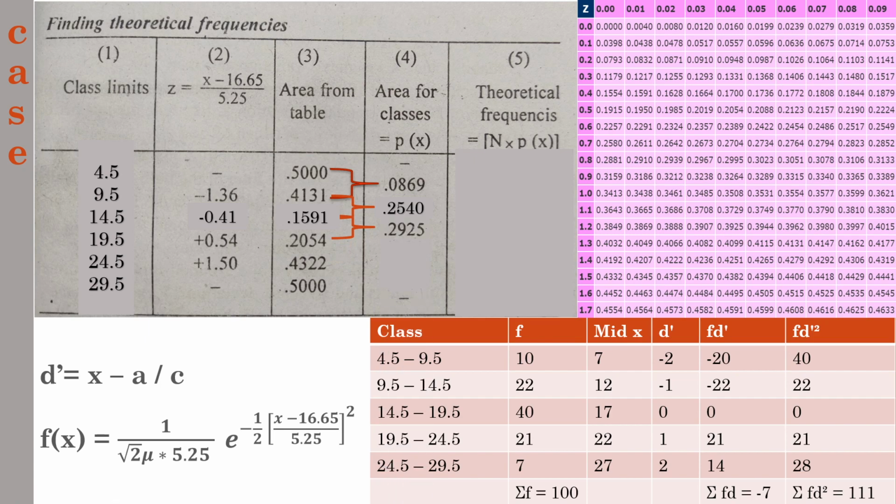Since it has two different signs, you need to take the addition, then you will get 0.3645. After that, next one, 0.2054 and 0.4322. And if you look at the values from which it has been derived, they both have the same sign, so you need to take the difference between these.